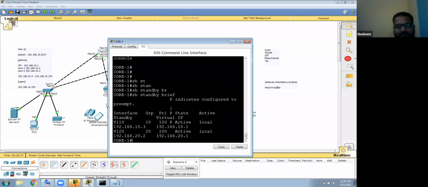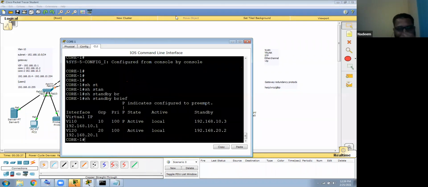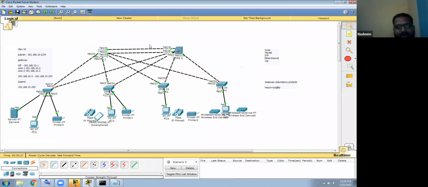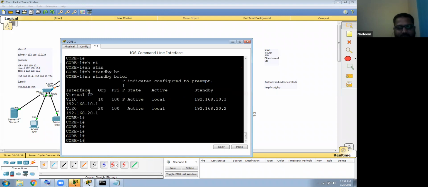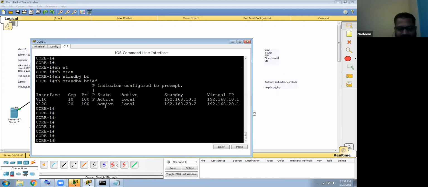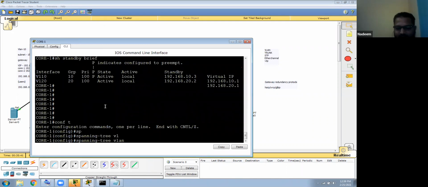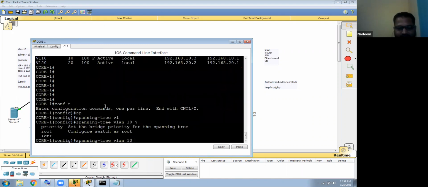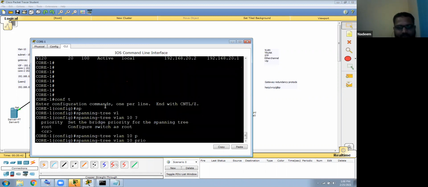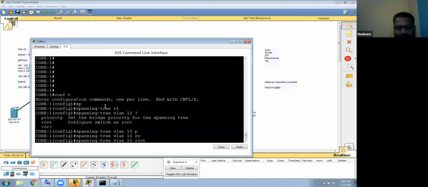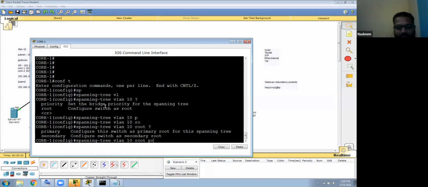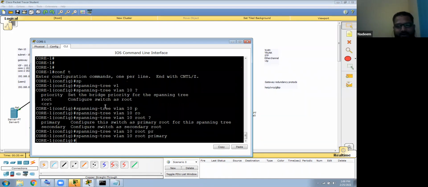So generally what will happen for VLAN 10 and 20: this one becomes active for VLAN 10 and this one becomes active for VLAN 20. Similarly, we do the same in spanning tree. Config terminal, spanning-tree VLAN 10 root primary, so core one is the primary for VLAN 10.